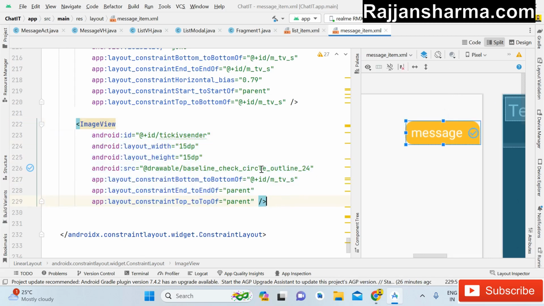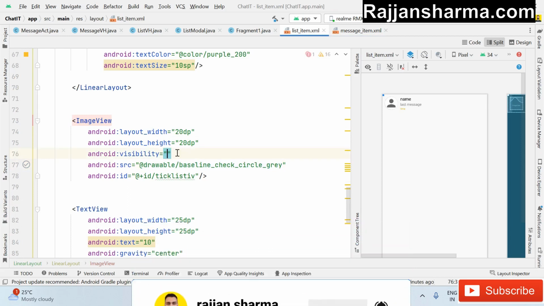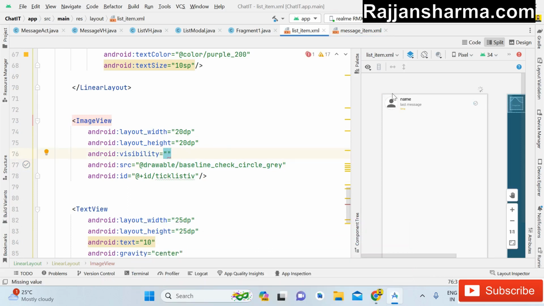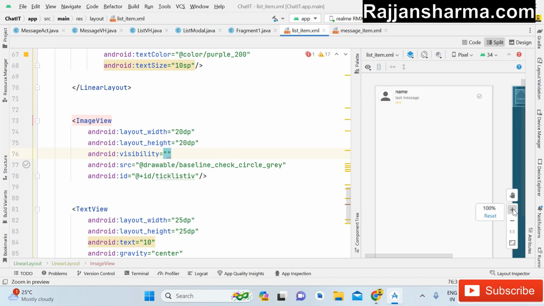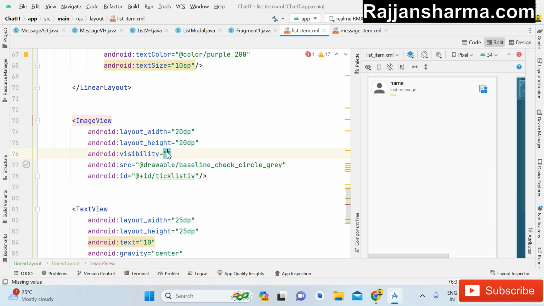And then after that you have to open the list vh list item xml file. Here we will use the same thing. Now I have made it gone, so I will open it so you can see. Here we are using it, fine. So you have to add this image view and add this src, which will be baseline check circle gray, because by default we will make it like this. So after adding these two image views, what we will do is